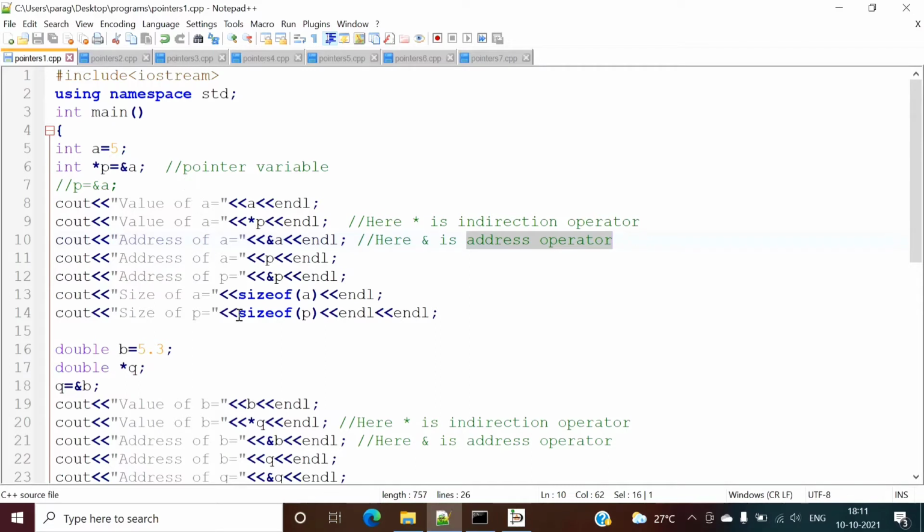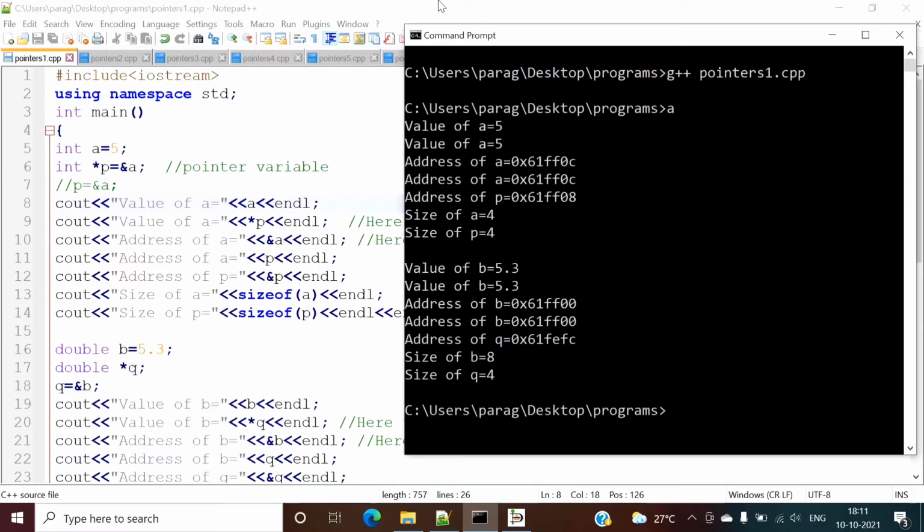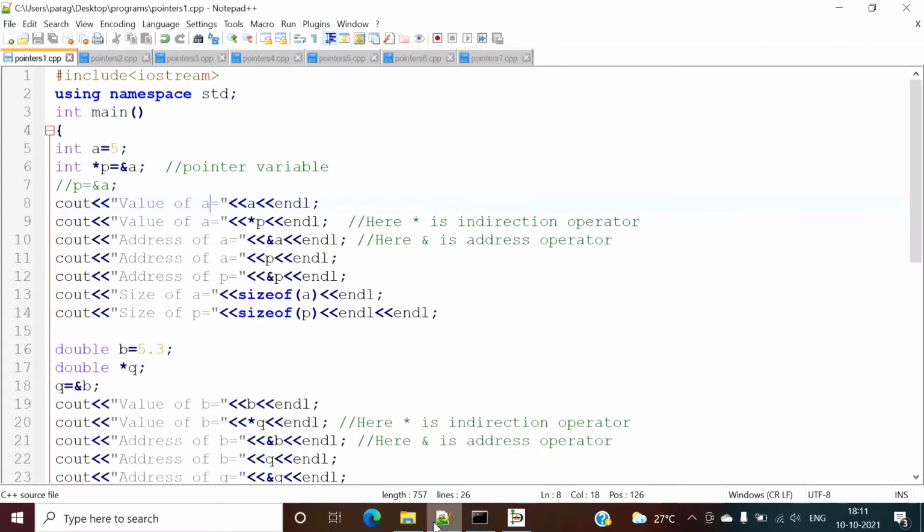Now we will print values, so from this it will be clear. So I am saving this program and we will run this. It got compiled and now we are getting the output. Now see, here I am printing the value of A. So A is what? 5. The value of A, that is star P. That means, again see, star P means, as I have told, it returns the value saved at that address. See, it will get cleared from this.